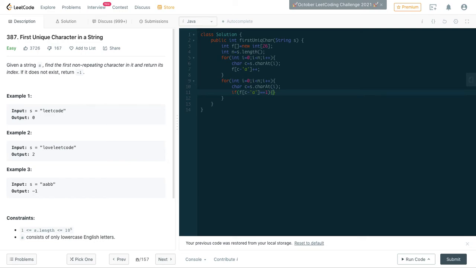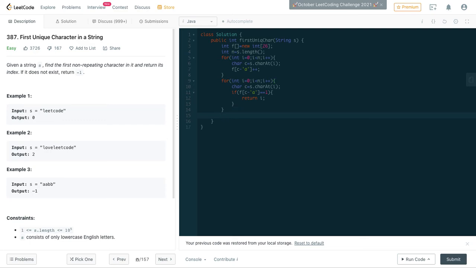So the moment we get the character which is having the frequency of 1, we would simply return the index of that character.